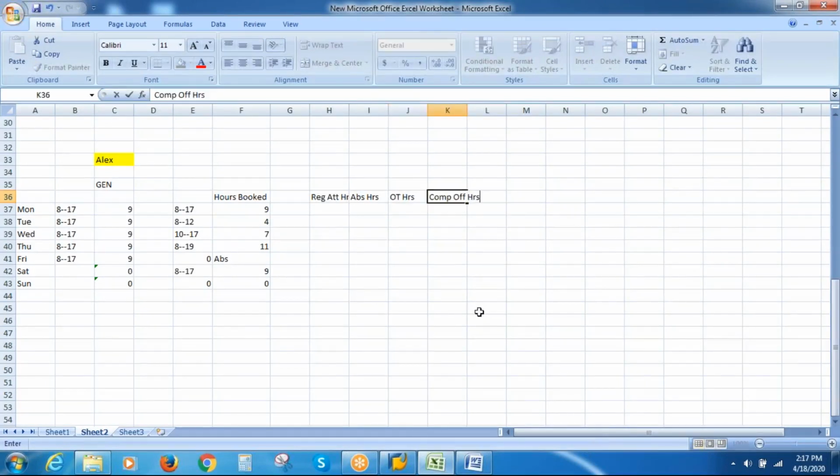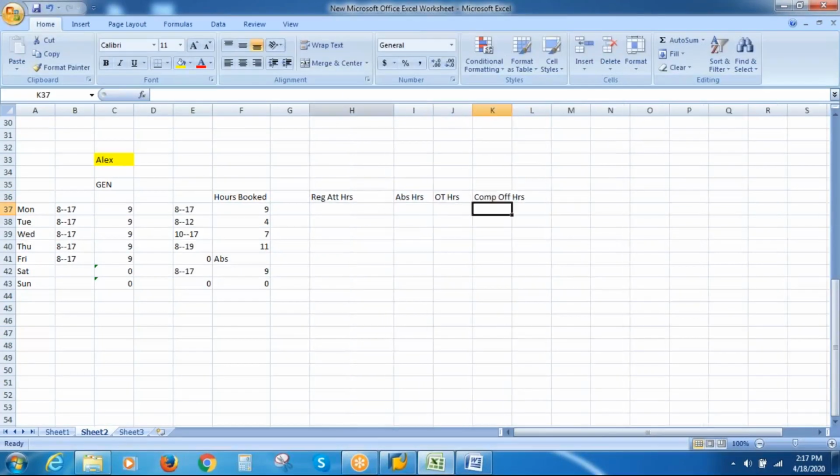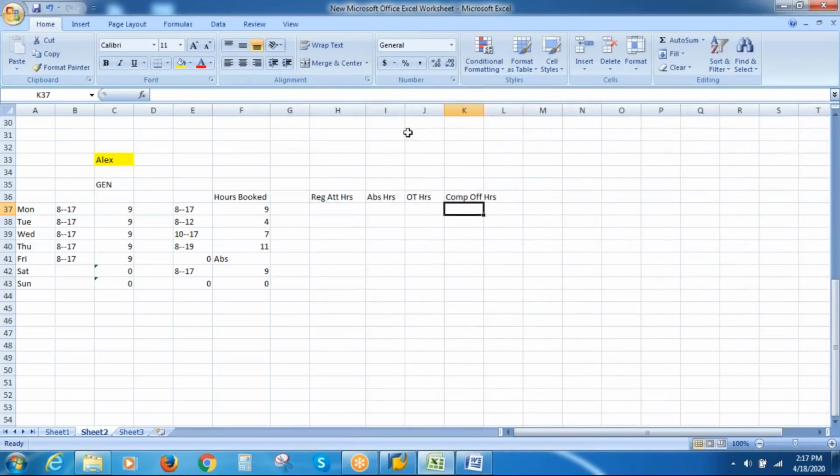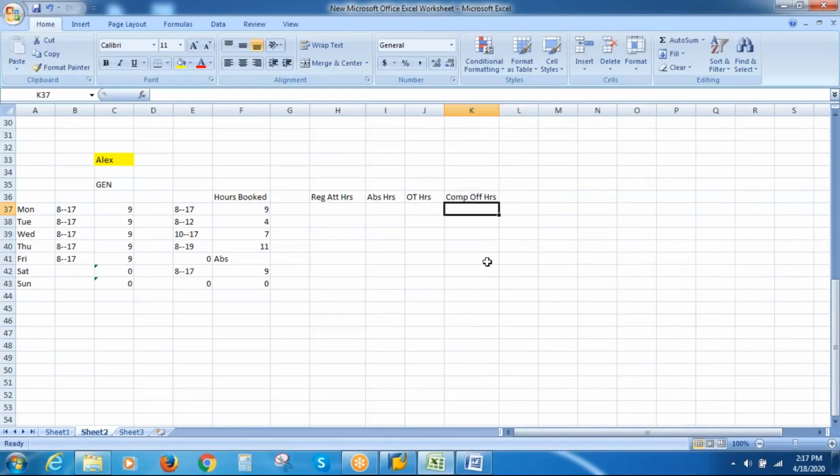The system will calculate for each and every day, for each and every employee, how many hours the employee has worked. That is called time evaluation. Now, let's say on Monday, the employee has booked 9 hours of attendance. The system will cross check when he clocked in and when he clocked out. He has clocked in at 8 o'clock and clocked out at 17 hours, which is as per the planned working hours. So the regular hours are 9 hours.